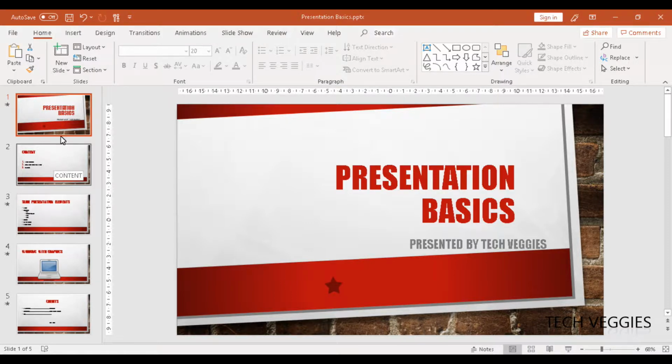Alright, so the idea of hyperlinks is very similar to the use of hyperlinks on a website or web page, where it will take you from one page to another page. So in using hyperlinks in Microsoft PowerPoint, you can navigate from one page to another seamlessly, just like on a web page. So what we're going to do here,